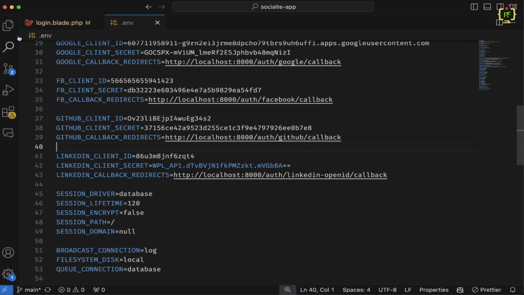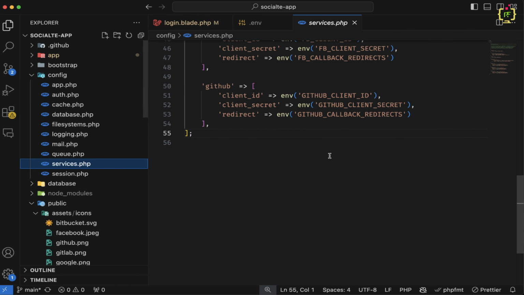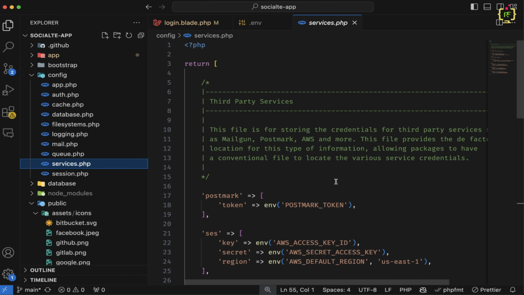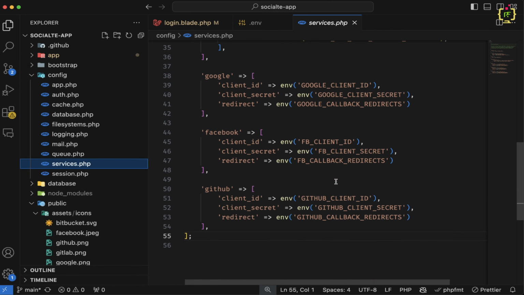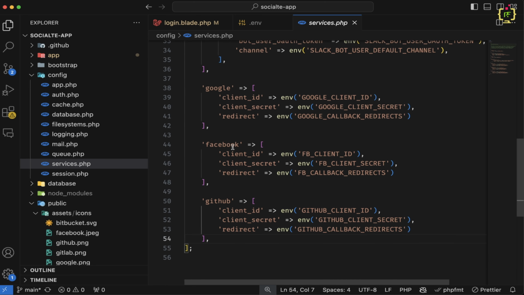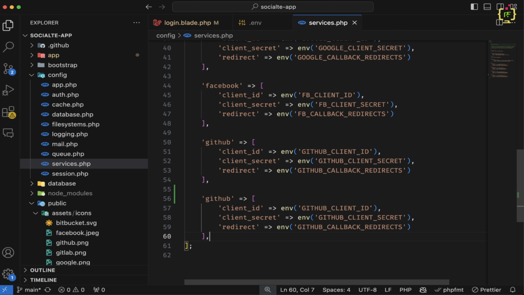So let's come to the config folder. Here we have the services.php, and for the third party services, we will have to define it here. We already added Google, Facebook and GitHub credentials here. So similar to these, we will have to add it for LinkedIn. So let's copy and paste this array and let's change the provider name as LinkedIn OpenID.